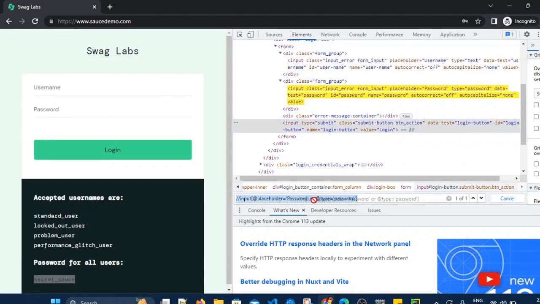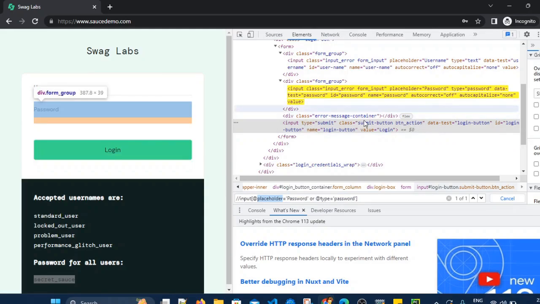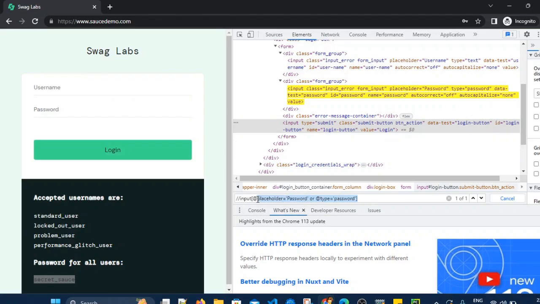Again here input is a tag name, type equals to submit. We will use type and data-test. These are the two attributes we will use here. We can use any two attributes.